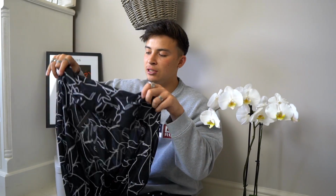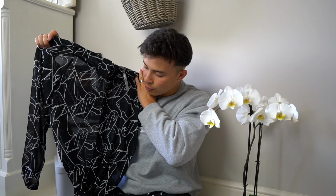So this shirt, I can't lie, I kind of say I messed up a bit on it. I mean, this was the photo of it, but I didn't realise it's one of the shirts that's mesh-like, so it's see-through-y. So I could get a t-shirt underneath to make it look good, but I wanted to wear this with low buttons to show off my chains. I really like wearing a load of accessories, but it's a bit too see-through-y, so you can kind of see